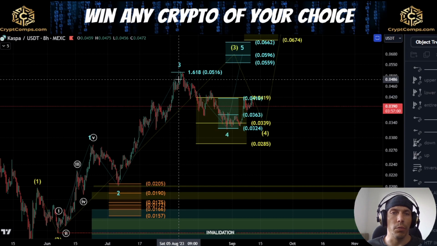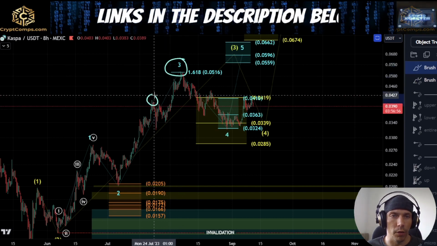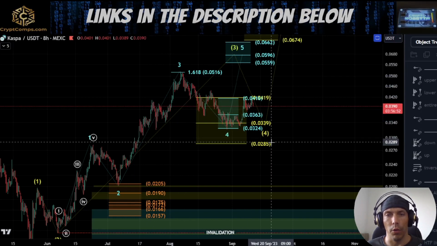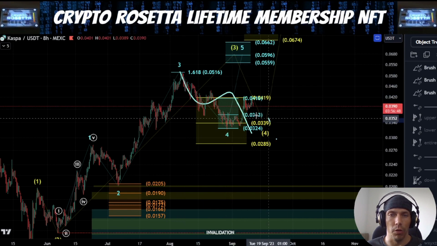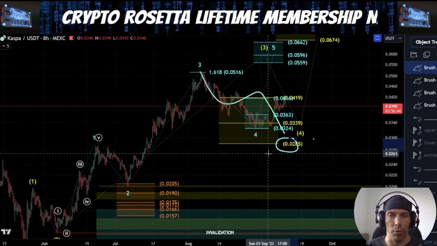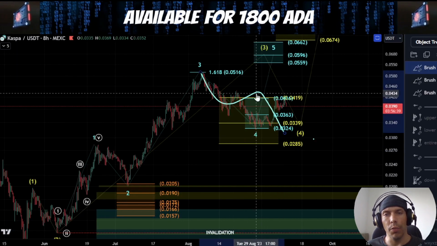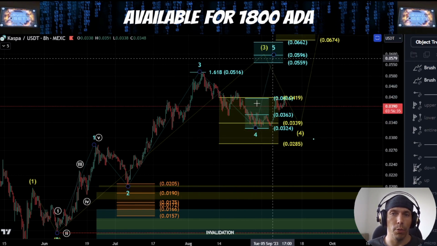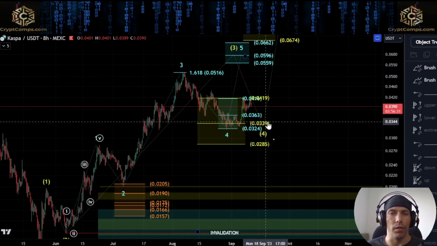Now, as we discussed in previous videos, there is also the potential that this blue third wave could actually be in this location. Here we have this as a fourth and a fifth. And what we could also be looking for is the yellow fourth wave to actually come into play. In which case, what we can see here is that we've actually got a lower target range that we would be looking for at this 0285 region. So going to be keeping an eye on this at the moment. I am still looking for the potential of this blue fifth wave to the upside from here, but we're going to have to just monitor this to see exactly what happens.